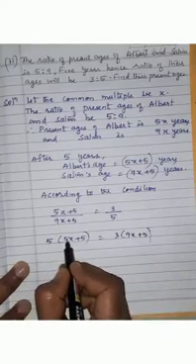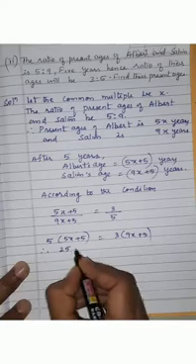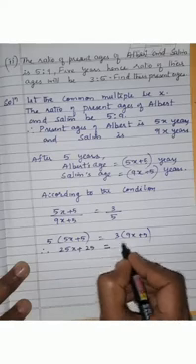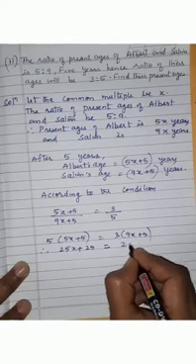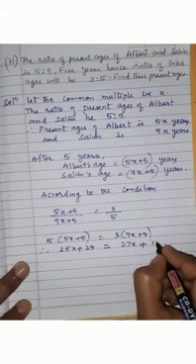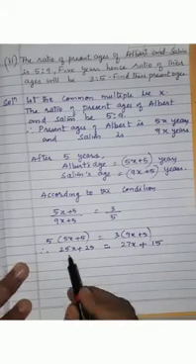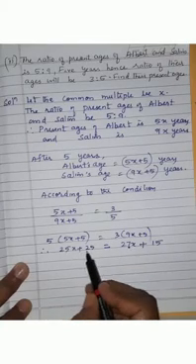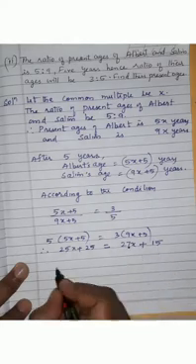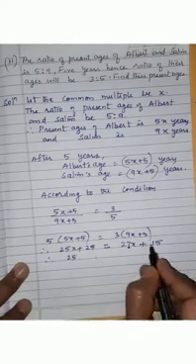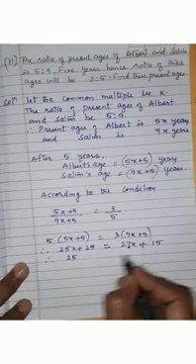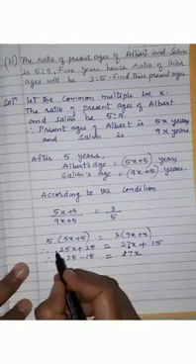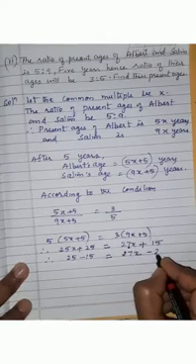So now open the bracket. 5 fives are 25, so 25x plus 5 into 5 is 25, which is equal to 3 into 9x, that is 27x, plus 3 fives are 15. Now children, what will we do? Here we have 25x and here we have 27x. Here we have 25 and here we have 15. So this 15 I'll bring to the other side of the equation. So this 15 becomes minus 15 is equal to 27x. Now this plus 25x when you take to the other side, it will become minus 25x.